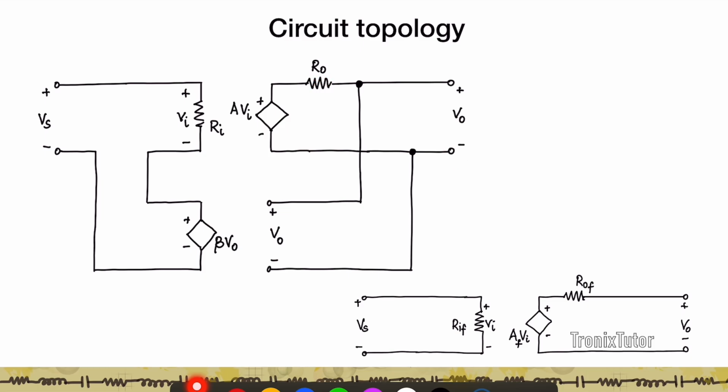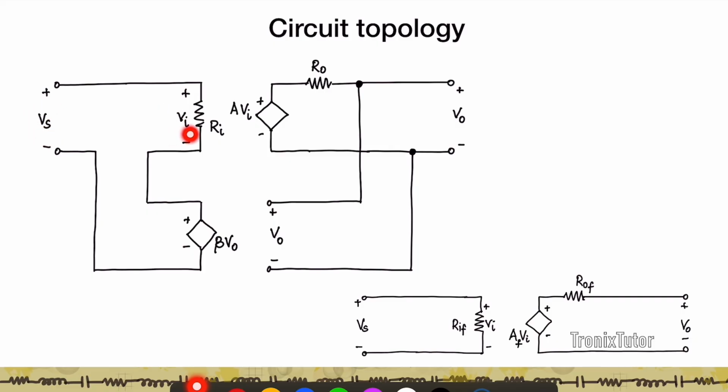Now what the feedback signal does is the feedback network samples this V naught, right? So it's a shunt feedback. So it's sampling the output voltage and generating a feedback voltage which is beta times V naught. And this voltage is sent in as a series fashion with the Vs. So if you look at Vi now,